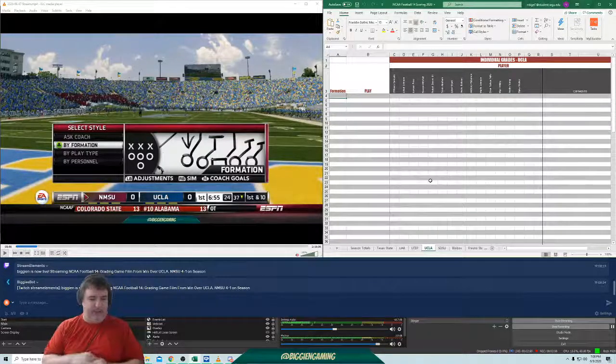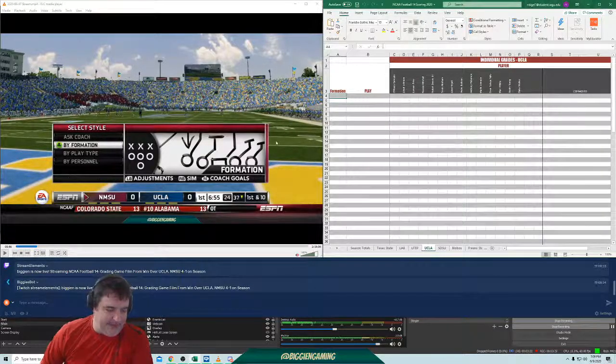What we're going to do is we're going to go through and we are going to grade individually just an example of plays. Now, I don't know if we're going to do all of it. First thing I didn't realize is that we actually ran 80 plays in this game. We ran 80 plays, guys. That's like a real football game, by the way. We ran the ball 57 times and ran 23 pass plays. So that is 80 plays total.